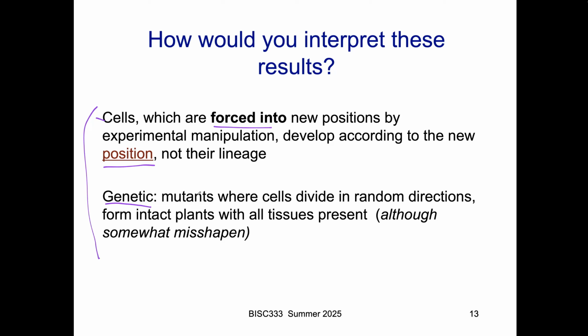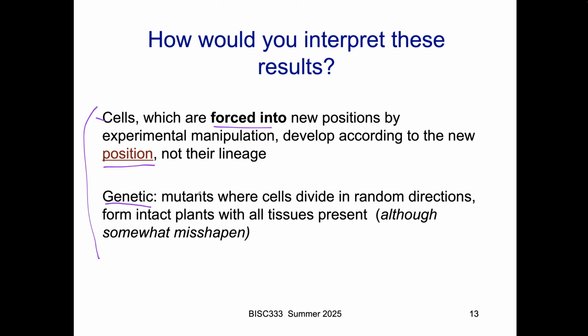divide along the planes that they should be. They're dividing with a random sort of plane of division. And they do form intact plants with all the tissues present, although they look strange, but they do have a stem. They have an apical versus a basal. They have radial symmetry. They have leafy structures that look kind of funny because of the weird cell division, but